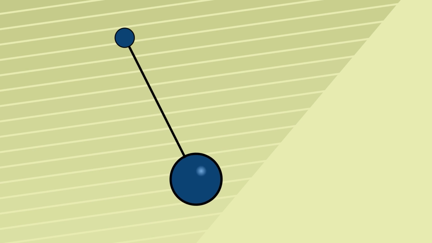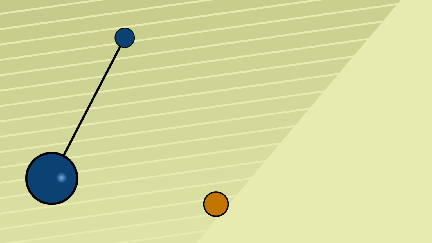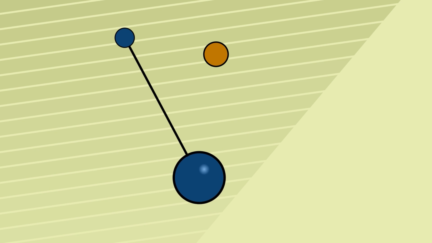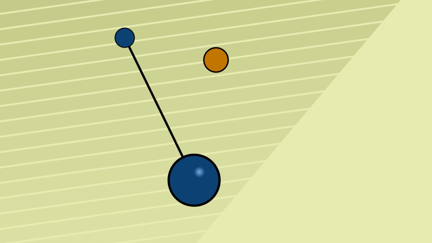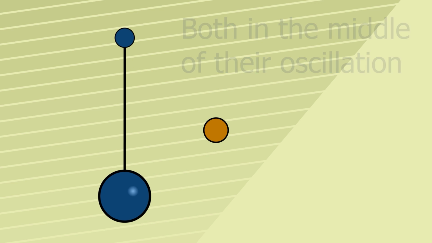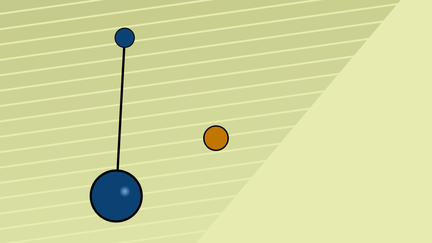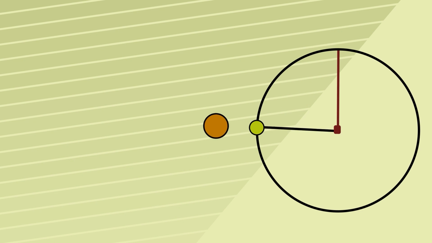video is for you. This second oscillator appears to track the pendulum. Notice that they're both at the edges of their swing or in the middle at the same time. We now replace the pendulum with the circle. As you can see, the period of the circle is the same as the time it takes the oscillator to